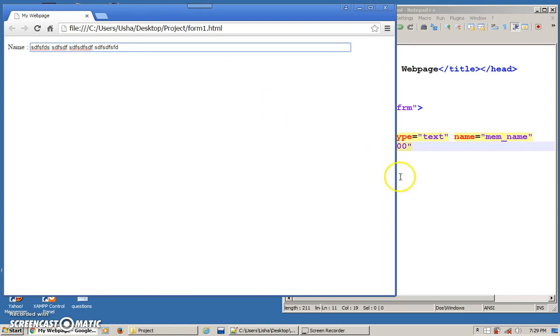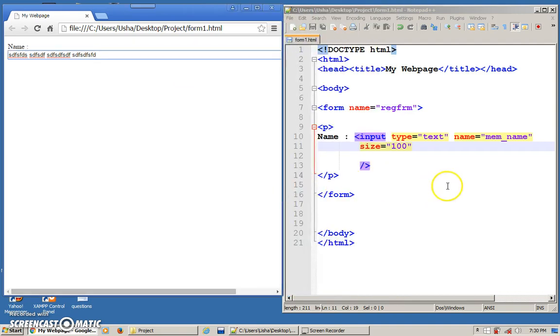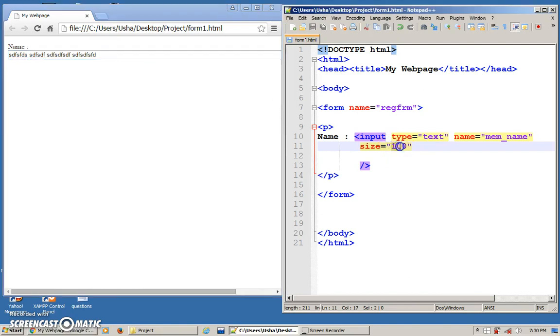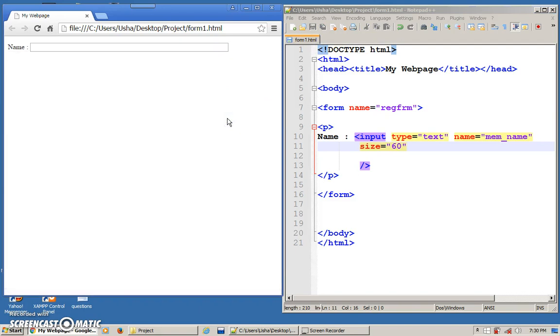Now just to make sure that we can see the output clearly, I'm going to make it slightly shorter, maybe 60. This is better. That is the size.